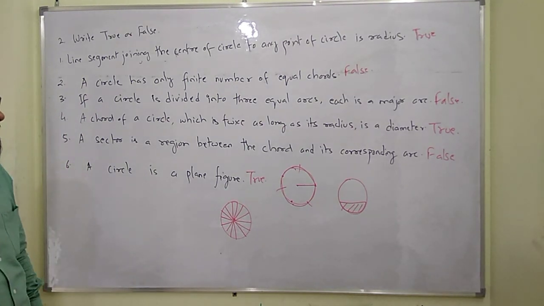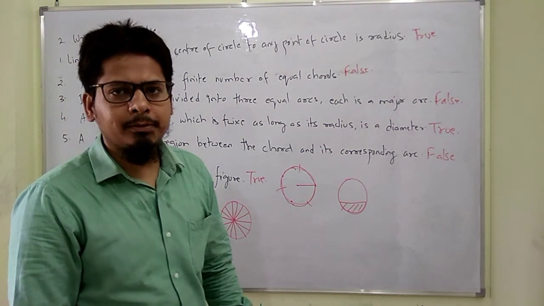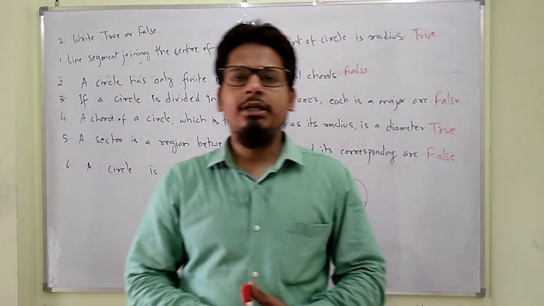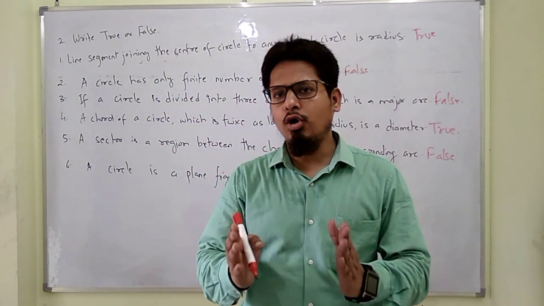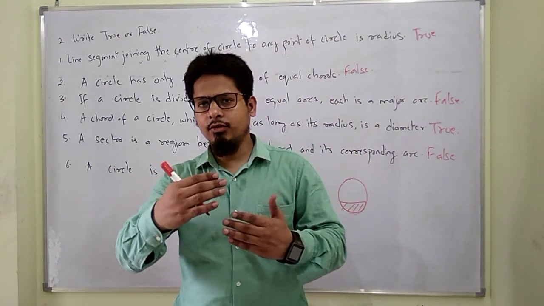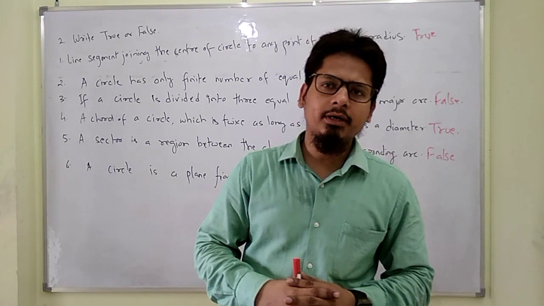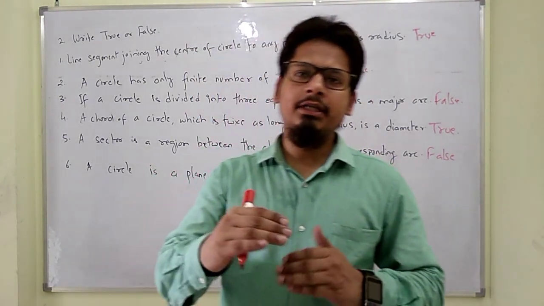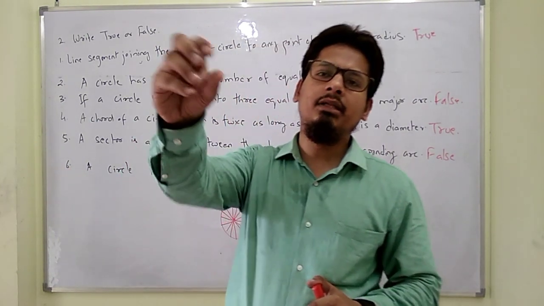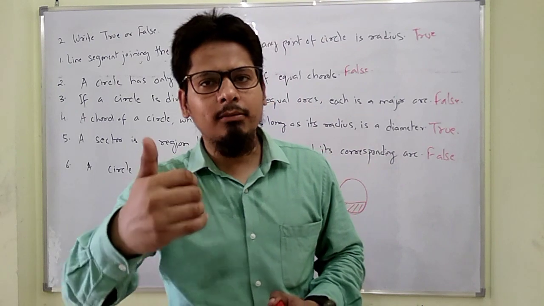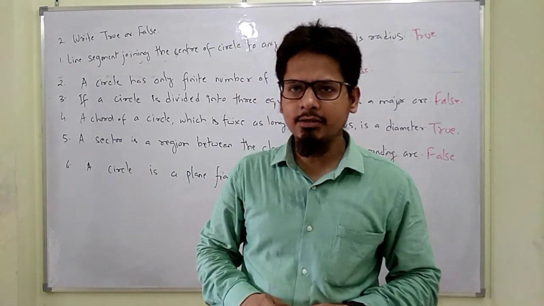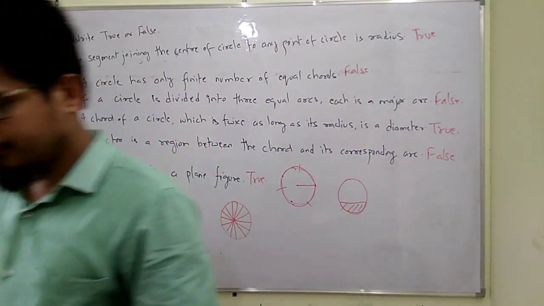So these are the true and false that I explained to you. After this, I am going to explain some other things more on circles, which is the angle subtended by the chord on a circle. What is the meaning of this statement? What is the explanation of this topic? I am going to explain this topic, right? This first exercise has only fill in the blanks and true false. From the second exercise, theorems will start and questions based on theorems will start. Okay, class. So now let's start the theorem proving.